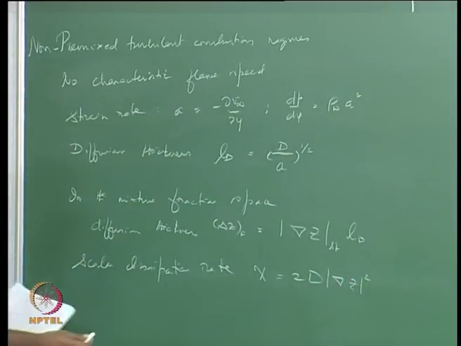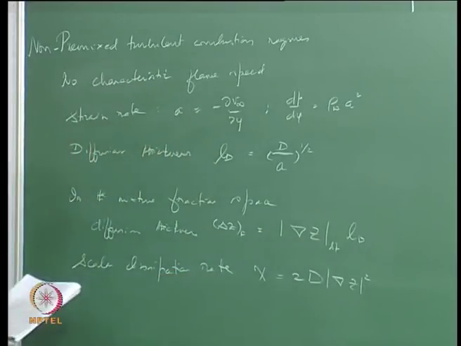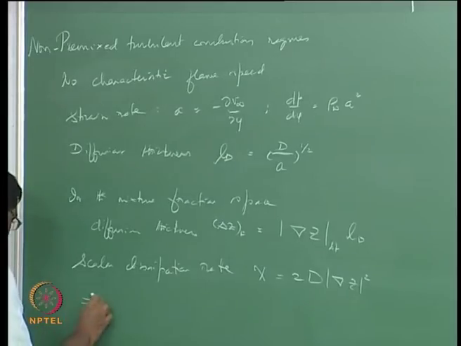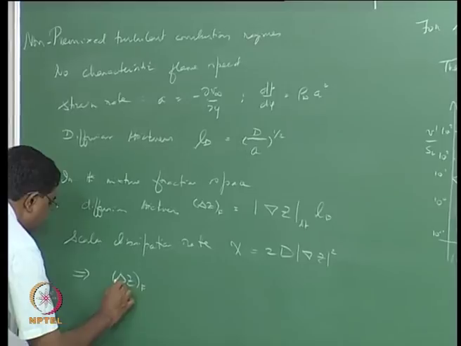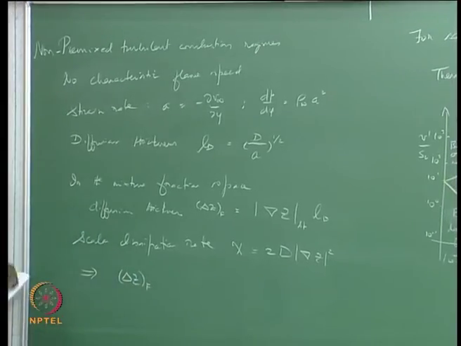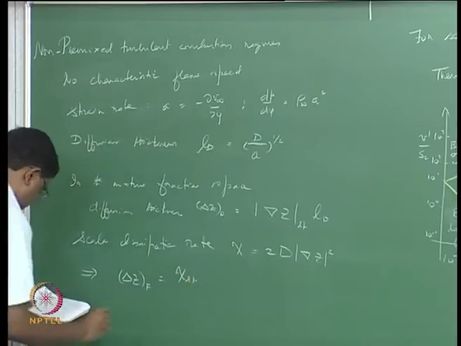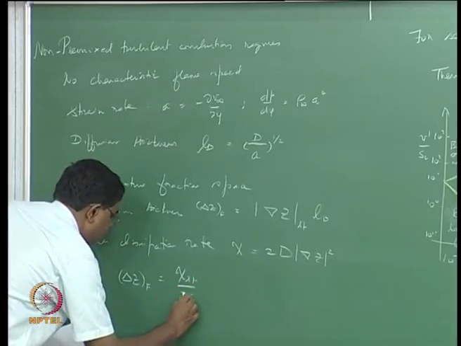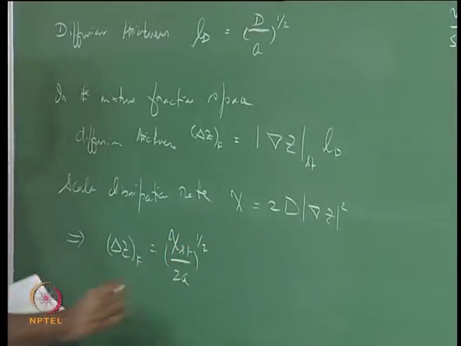So obviously we can get an idea. Now we want to try to put these two together. So that means ΔZ_F, the diffusion thickness in mixture fraction space, is (χ_st divided by 2A) the whole to the half,